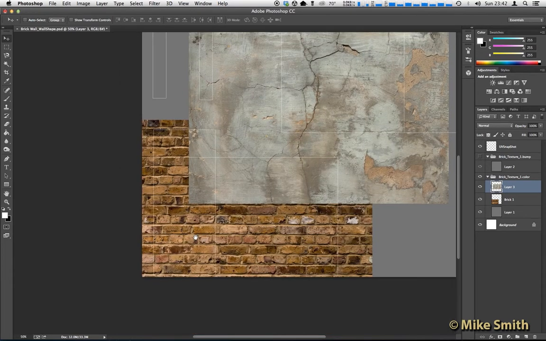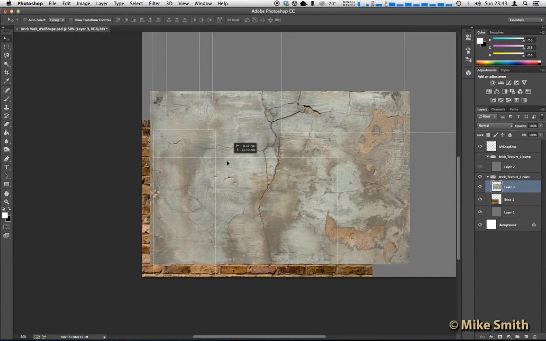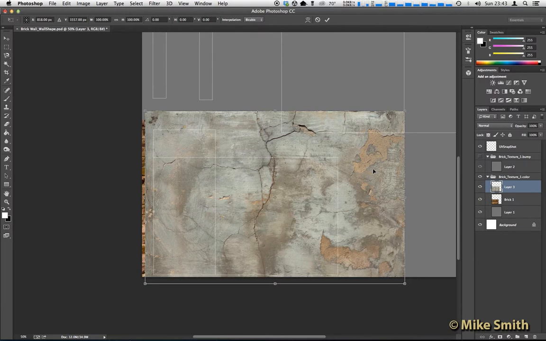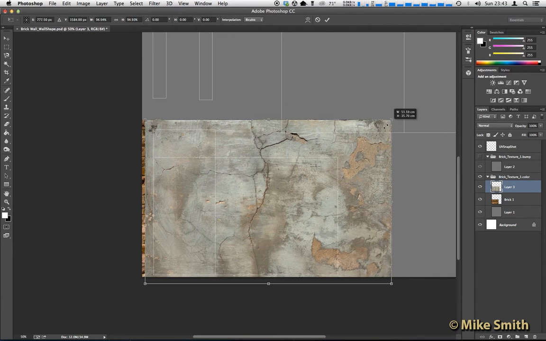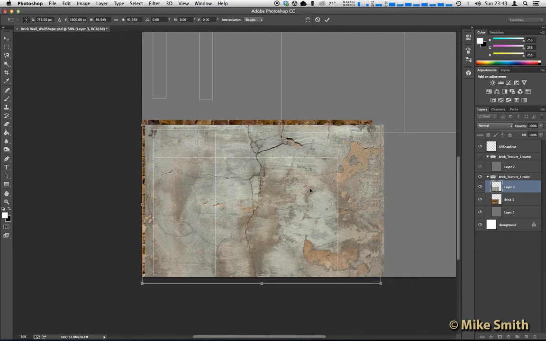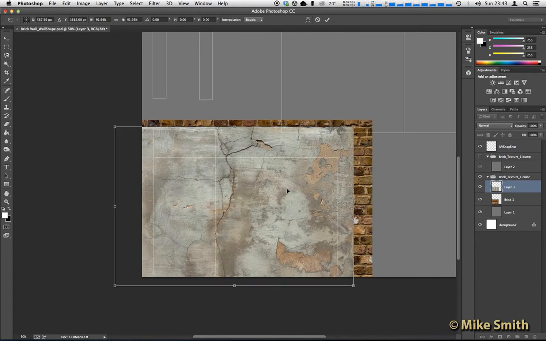So I can position that, and I'll do the same as before. I'll scale it down, but we can be quite rough this time. And it's worth noting anything that goes outside of your UV map won't show up in Maya, but it also won't cause a problem. So I'll just scale that down a bit more. And I just really want this crack here in the middle, and I want some of this dirty area, so I'm going to bring this across a bit more. About there should do. Press enter,